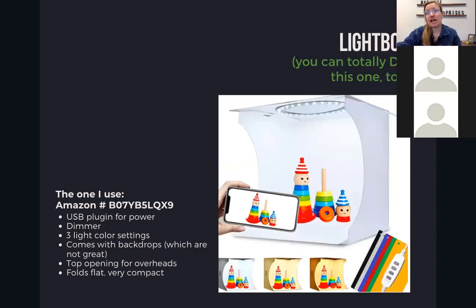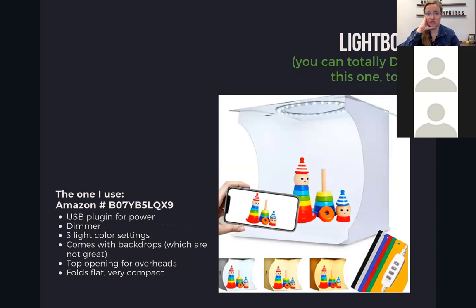This is the teeny tiny light box that I use. It's really, really small. I like how many light color settings it has. And I got a super small one because I needed it for a couple product shots I was doing, and it needed to be super transportable, and the products weren't very big. I then had my husband build one,